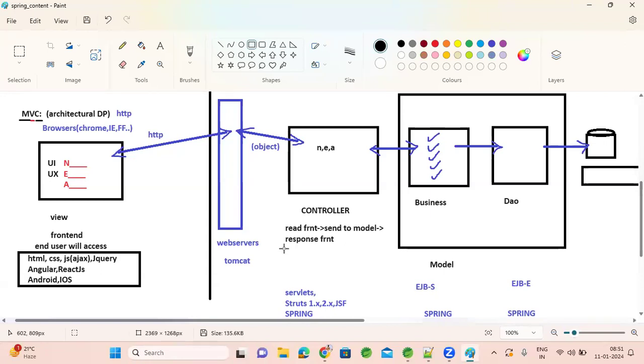Not only that, it's not only about easy maintenance and readability. In future, when you want to discard something and adopt new technologies, say I observed that my DAO part is getting very slow with the existing database, so I want to change this part, only this part. If you have already followed the MVC architecture and implemented it, it's easy for me to remove only this layer and adopt a new layer.